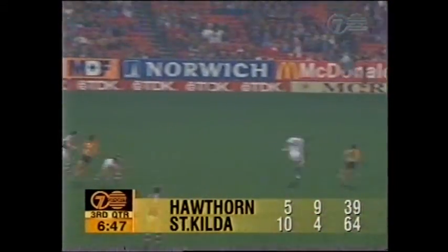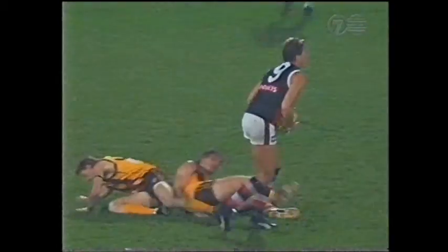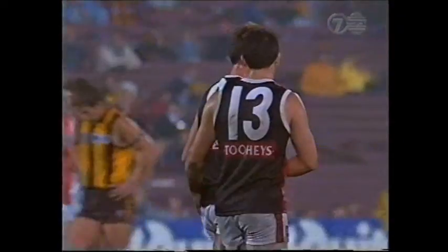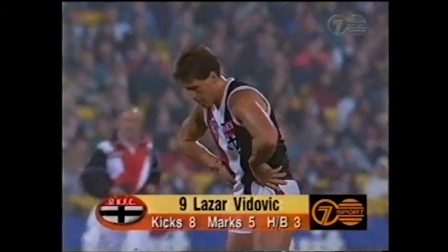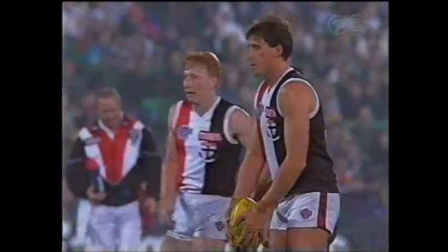Two big boys. Salmon gets the punch, makes about 10 metres, allows Rod Keogh to set it up. Daniels kicks quickly, finds Vidovic. Good strong work by Lazar. Well, this is Vidovic's 5th mark for the evening, and I've been very impressed with his game. He's worked tirelessly in the ruck and across the midfield down to half forward. He's always been floating down, offering opportunities for players to give it to him,